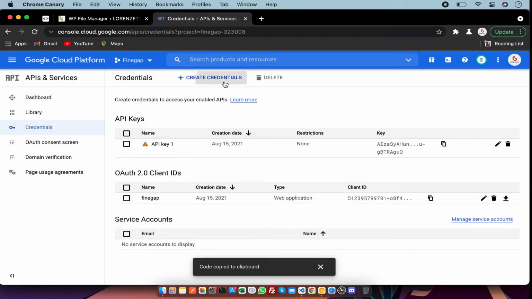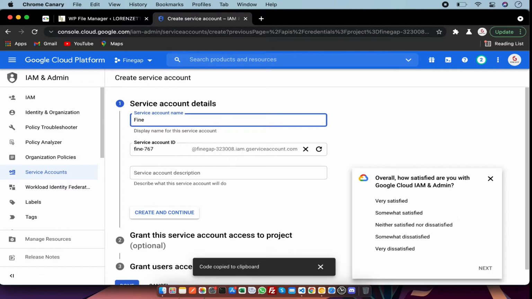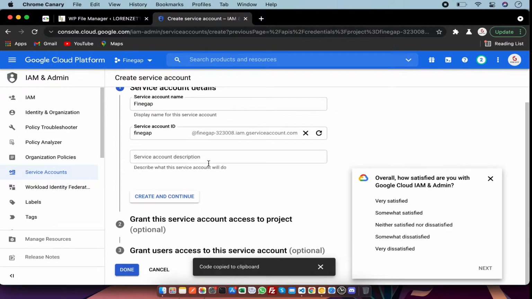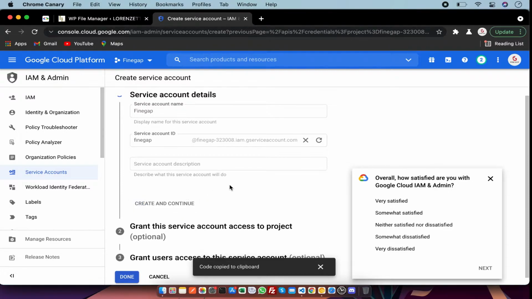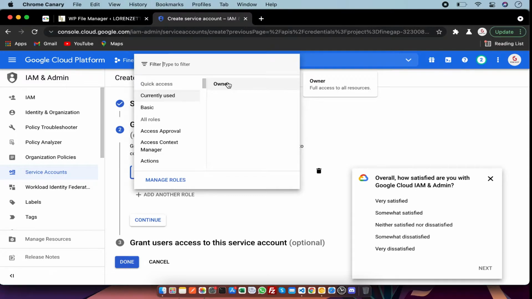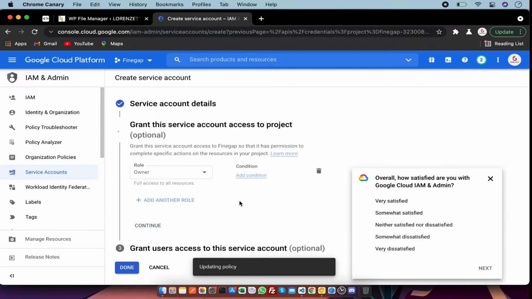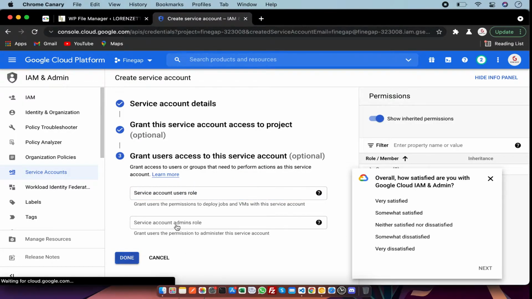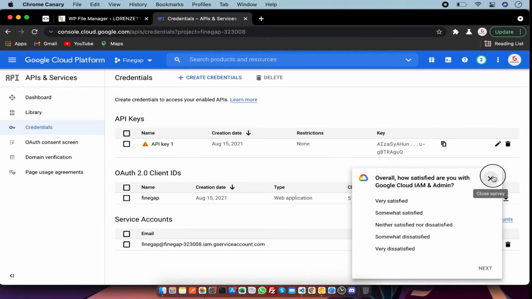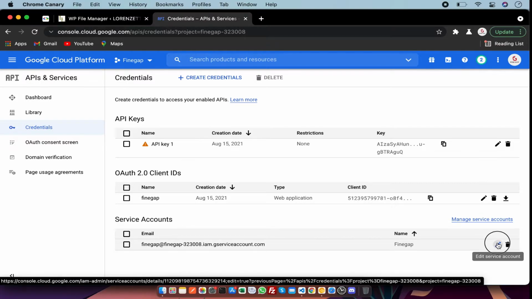and at the last you have to create your service account. For example I am going to give it FindGap as the service account name and you have to create it. You can specify the owner role and continue. You can skip this option and after that you have to edit this service account